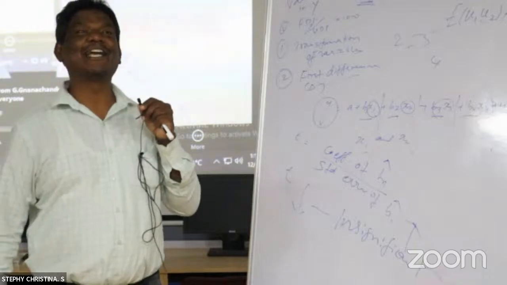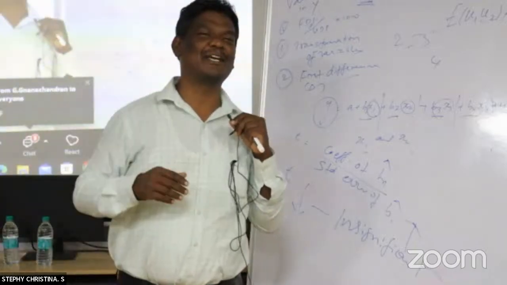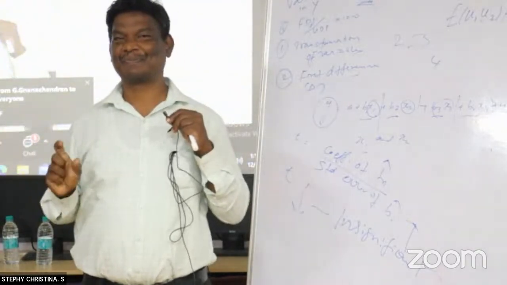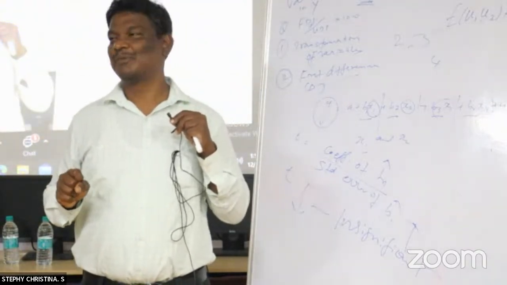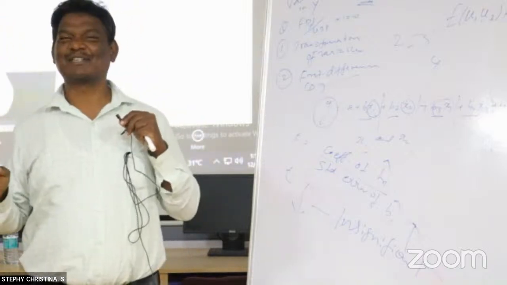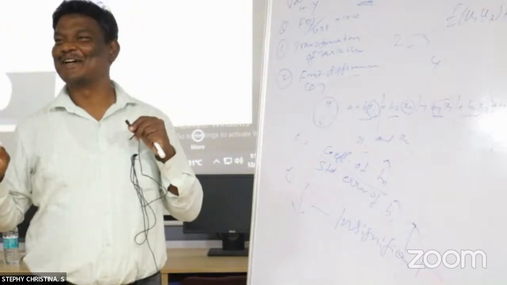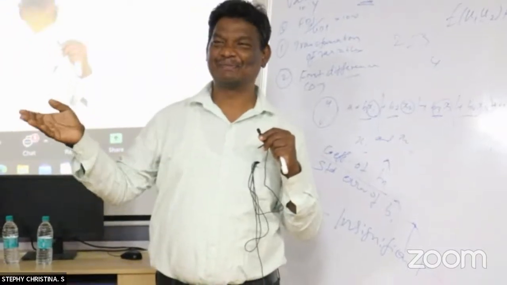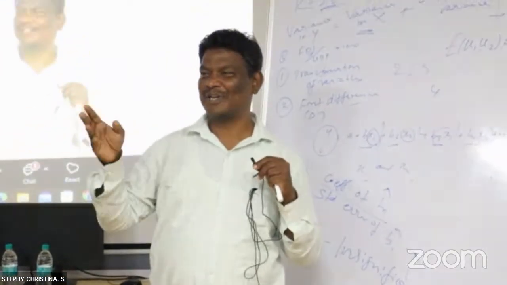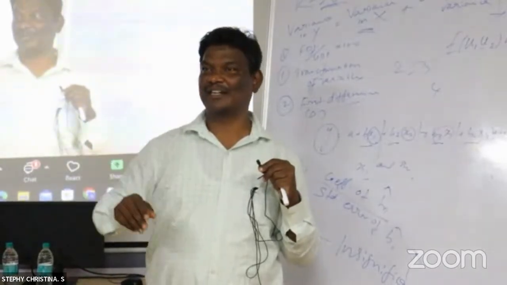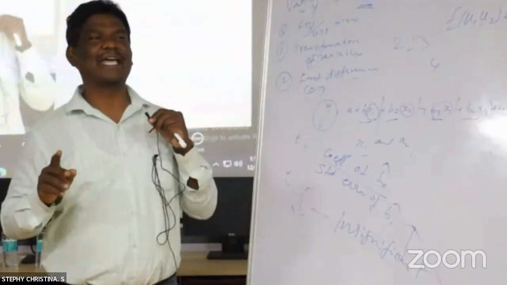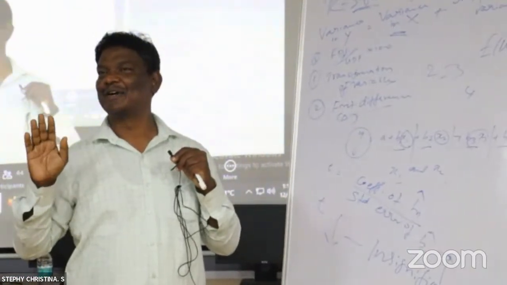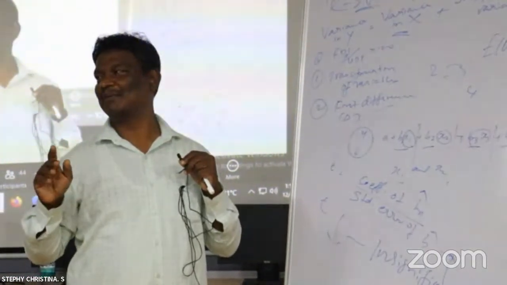How to identify, students, the multicollinearity? VIF. Beautiful. Very simple. Correlation matrix. I won't suggest going with the R square also, though with the R square technique also we can do it. What I'm saying is, please go with the correlation matrix, the simple way, before going for the multiple regression